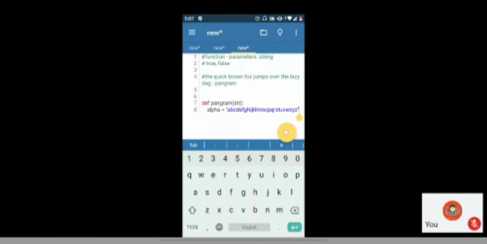Yes, ma'am. So what do we have to do here? We have to check if every character present in the alpha string is also present in the str string or not, right?